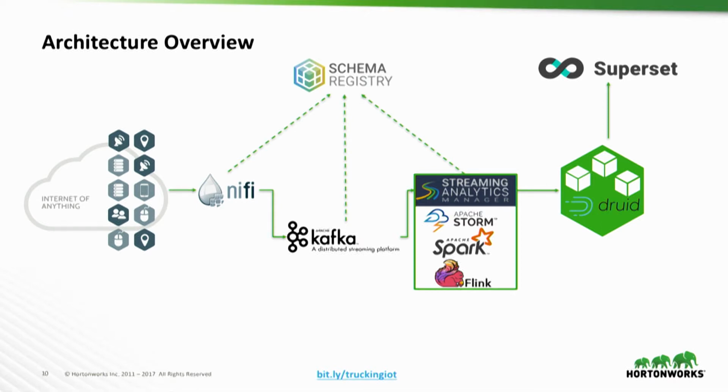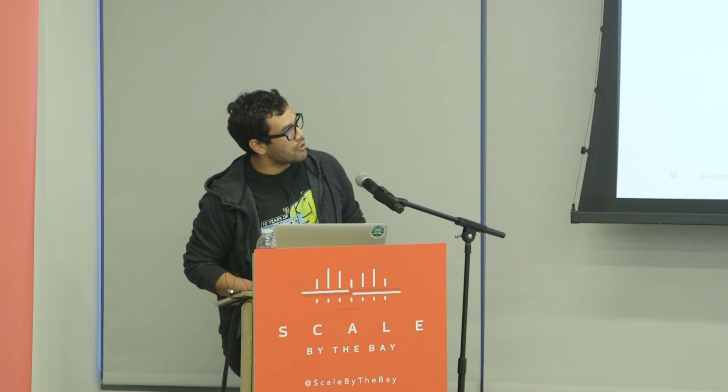So just to define the different stages of the pipeline, we have our edge, the Internet of Anything. The edge involves, in this use case, embedded systems, sensors, but really it can be anything. Syndicated, third-party content, data lakes, Twitter feeds, what have you. It's all the edge. The next stage is going to be our data flow management stage, or our data routing stage. That's represented by the Apache NiFi logo.